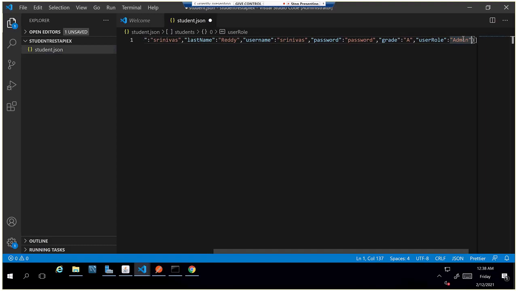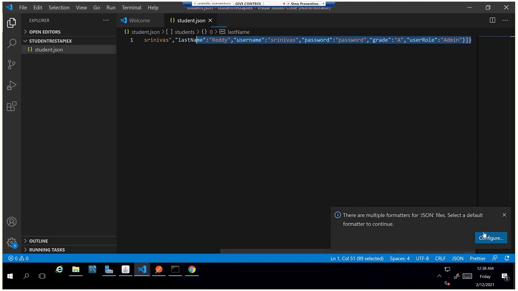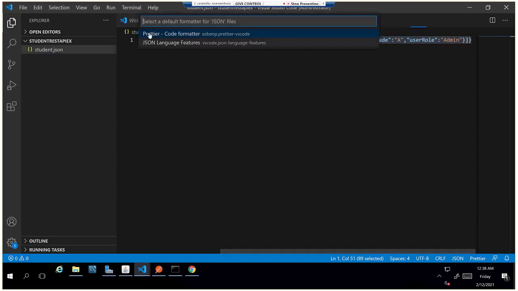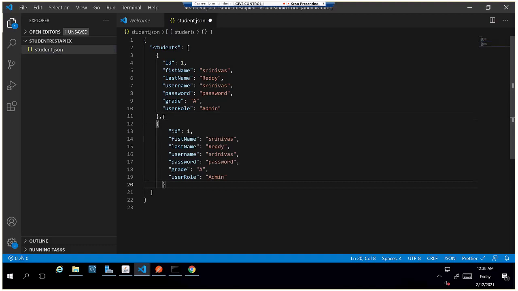What I'll do is I'll first format the document. So this is simple. It formats in the right direction, so we can just simply copy and paste this. It is easy to understand.